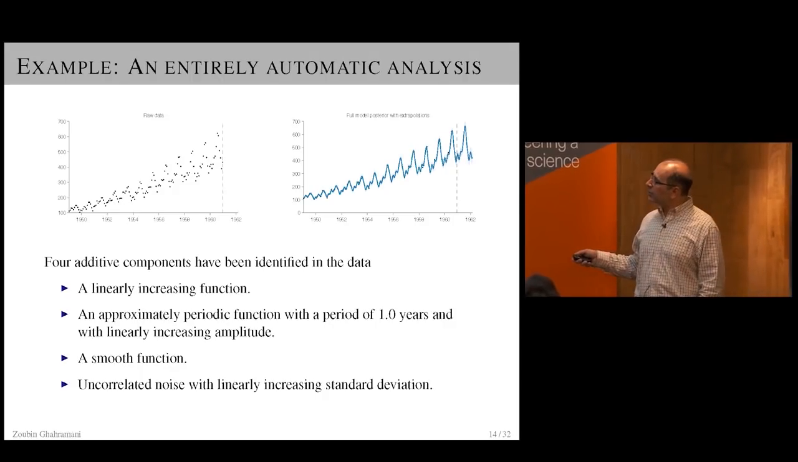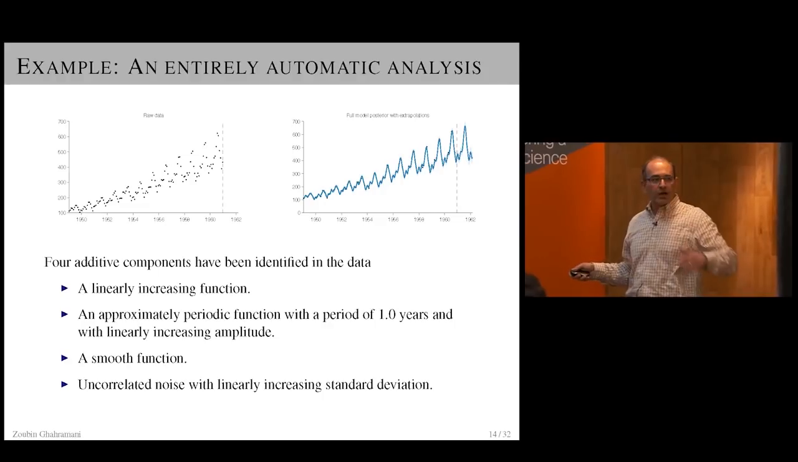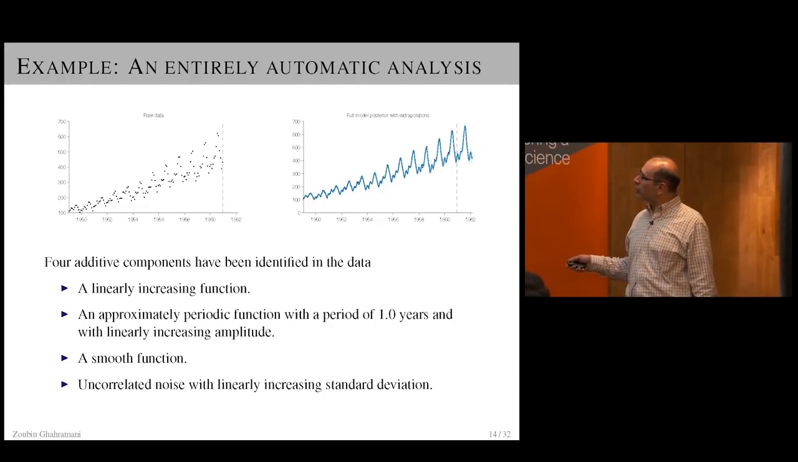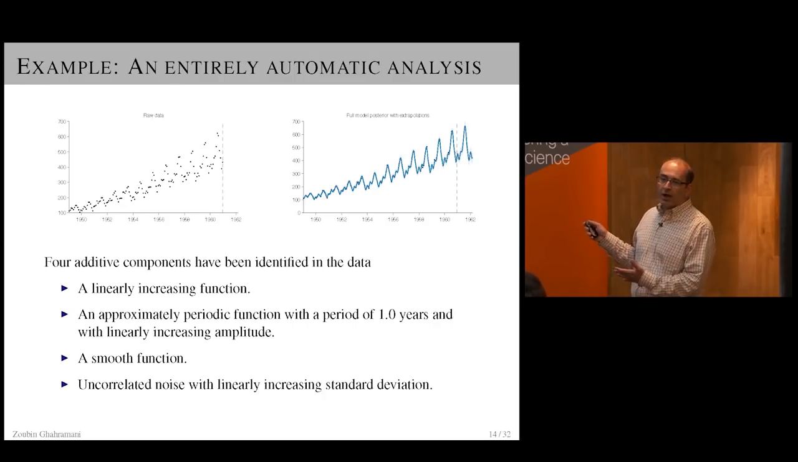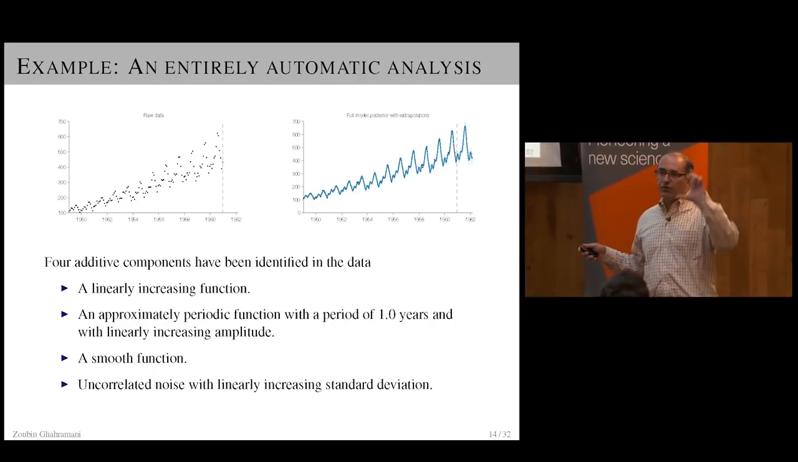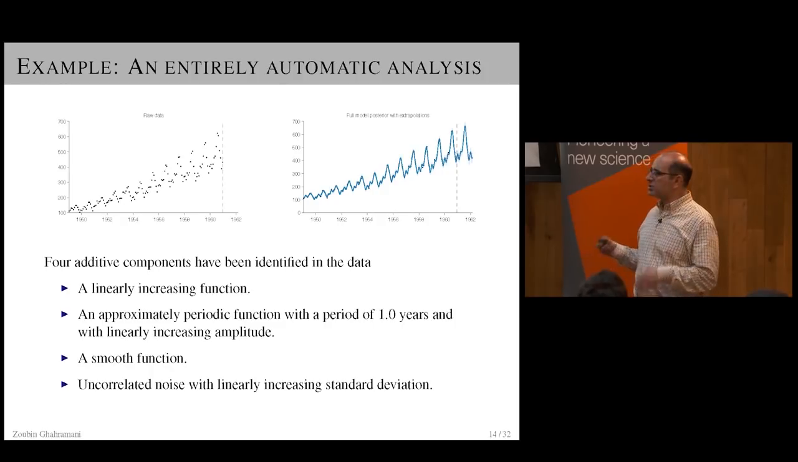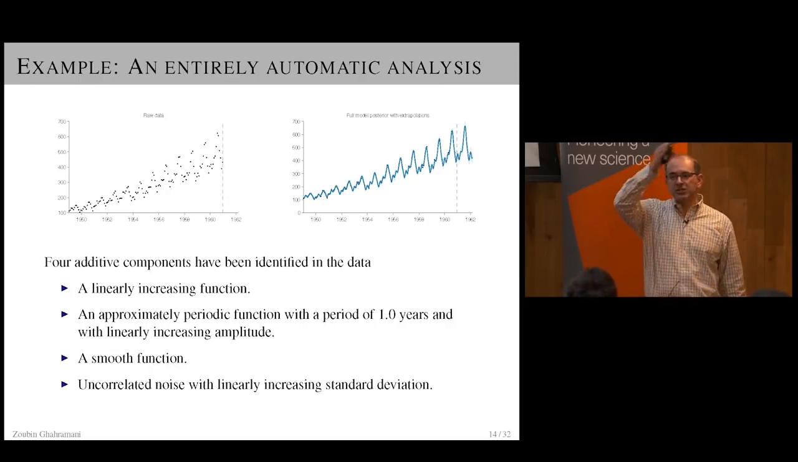And then the third and fourth components, you can't actually see so easily by eye. It says that there's also a smooth function underlying it and an uncorrelated noise with linearly increasing standard deviation. You can't really see that by eye, but actually, the report, this is like the few lines of the executive summary of the report. The full report, which is 10 to 15 pages long, has sections where it removes the first 2 components of the signal, and then it shows you in the residuals that there is some smooth function,